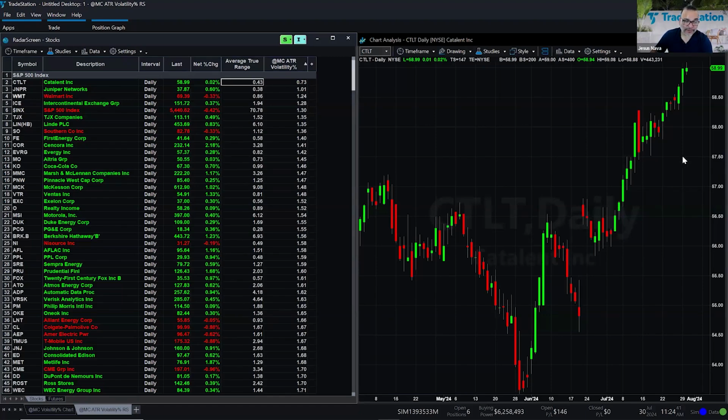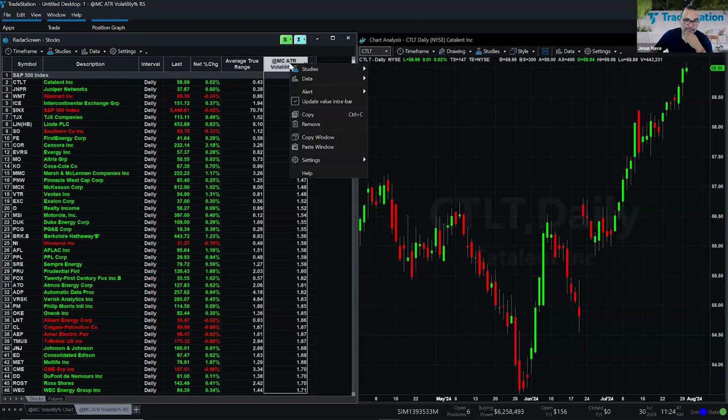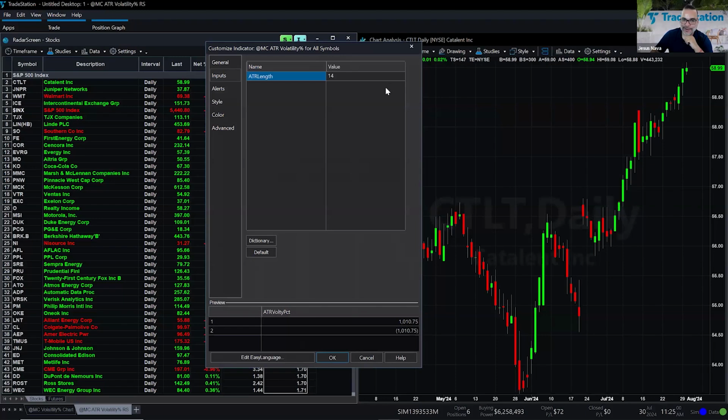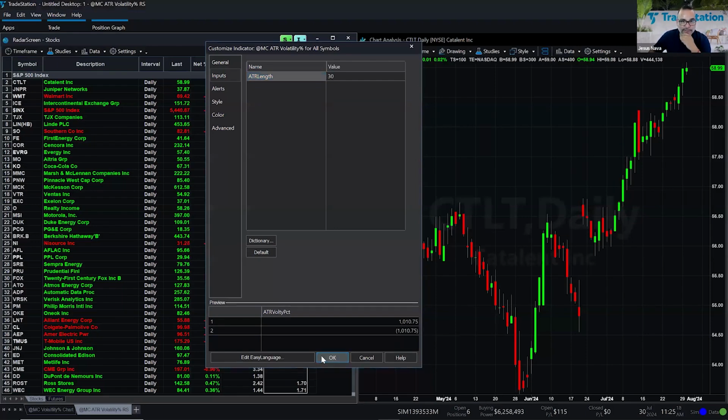Do you have flexibility on changing the look back period? Of course you do. If I come over here to this indicator, I right click on the header and I go to studies and click on edit ATR volatility percent for all symbols. In the inputs tab, you have access to the ATR length. So you can decide, okay, how many trading days do I want to include in the calculation of this ATR? If I wanted to maybe grab many of those bigger bars that I see in history, let's say that I want to turn that into a 30. If I click OK,